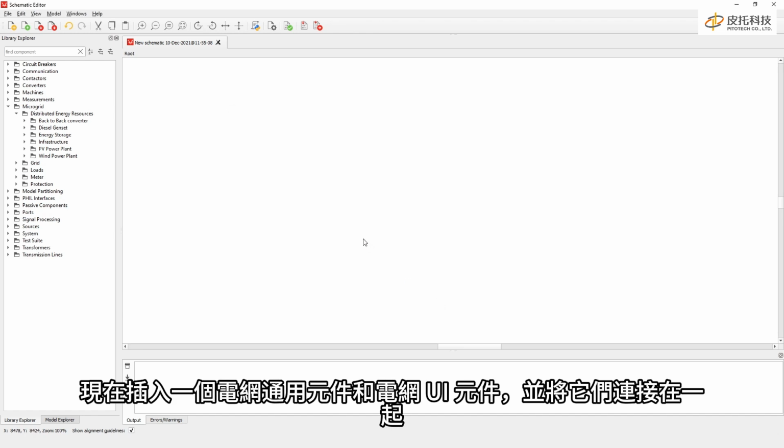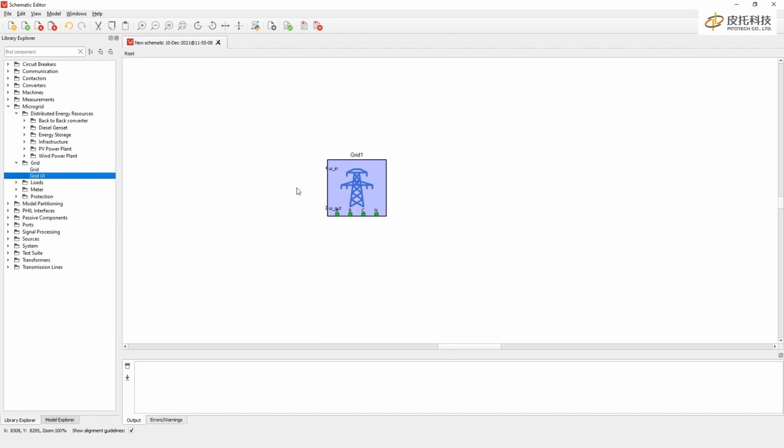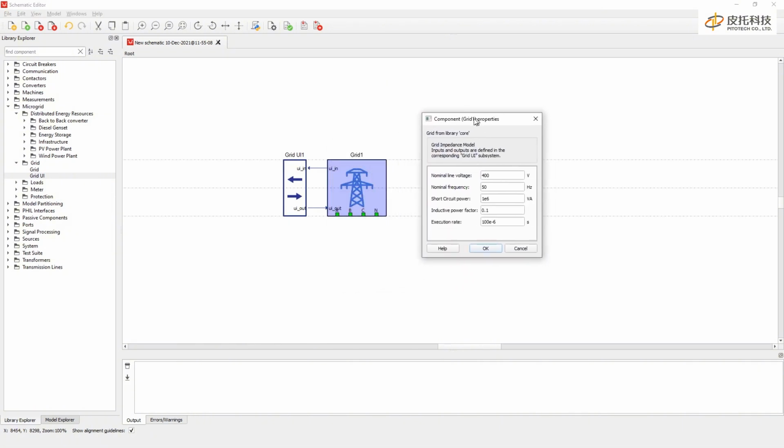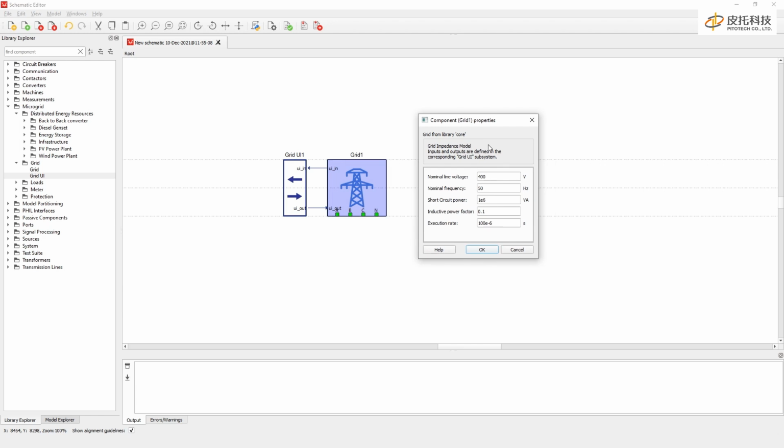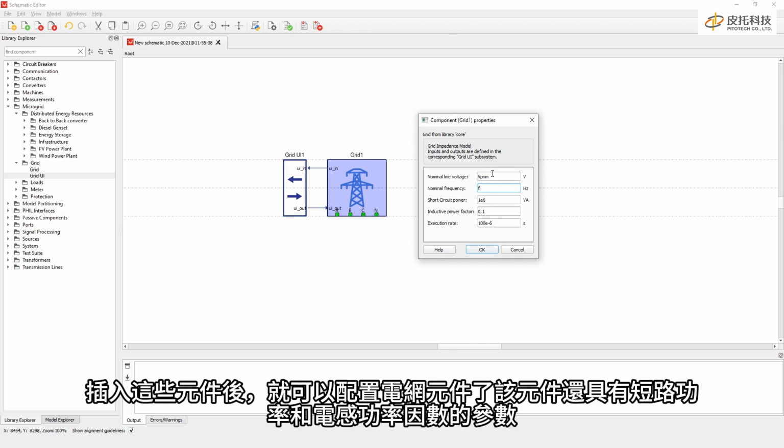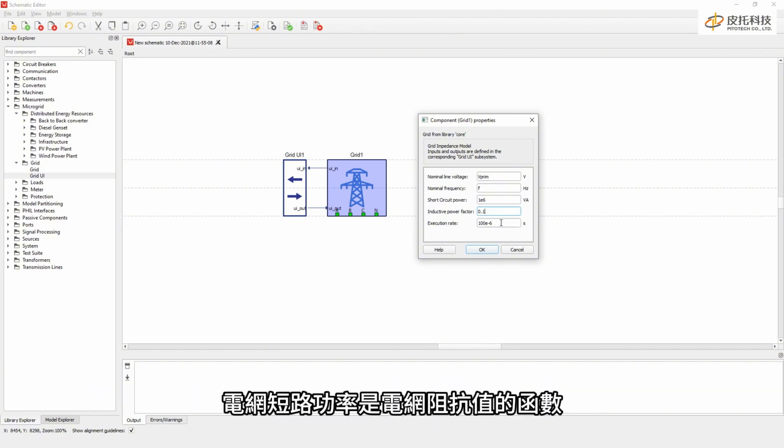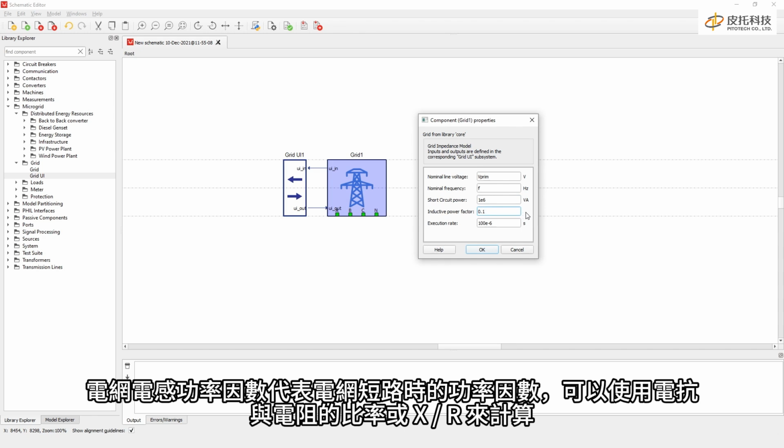Now insert a grid generic component and grid UI component and connect them together. With these components inserted, you are ready to configure the grid component. As you can see, this component also has parameters for short circuit power and inductive power factor. Grid short circuit power is a function of the grid impedance value. The grid inductive power factor represents the power factor when the grid is short-circuited, and can be calculated using the